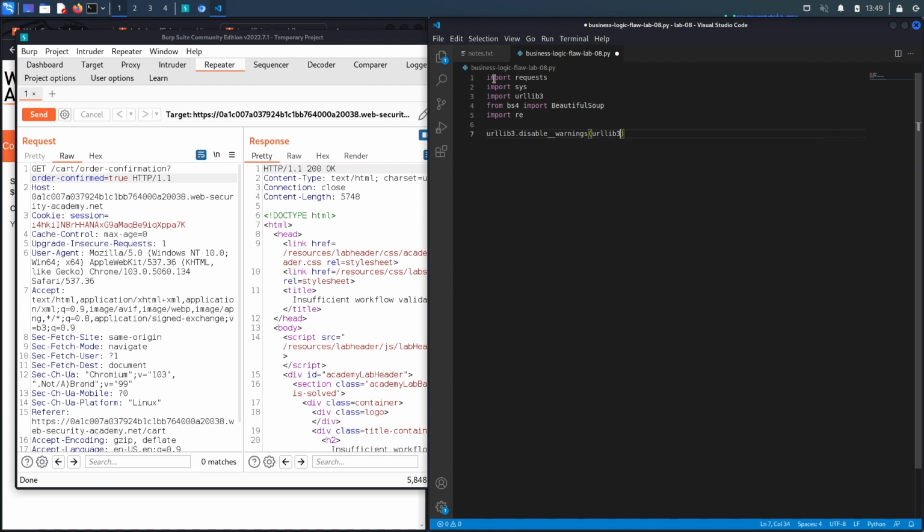and we're going to say urllib3.exceptions.InsecureRequestWarning. And I'm wondering if this is 2 underscores, and it is. It's supposed to be only 1 underscore. All right, next we're going to say proxies is equal to